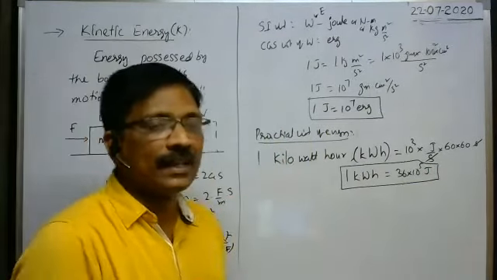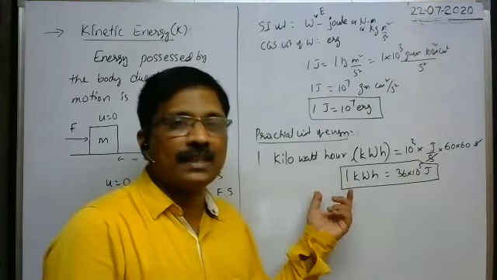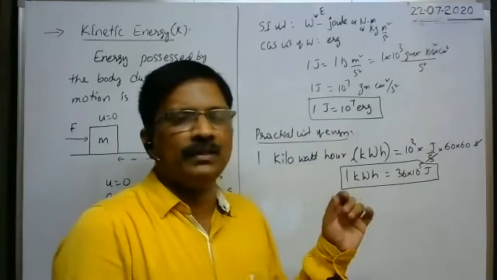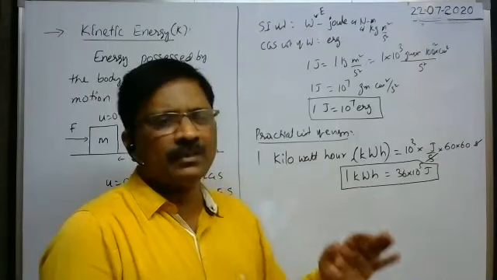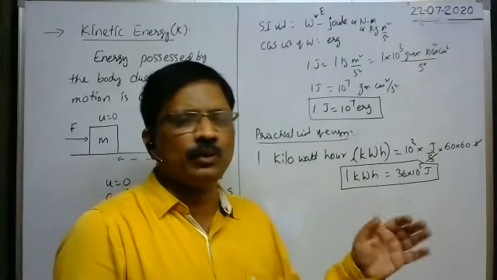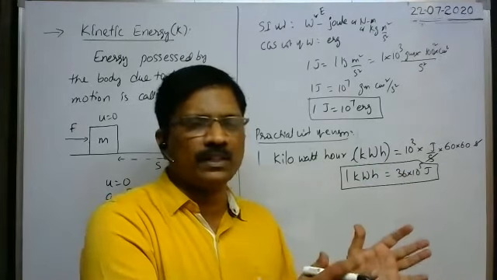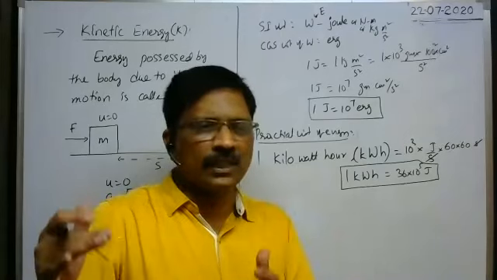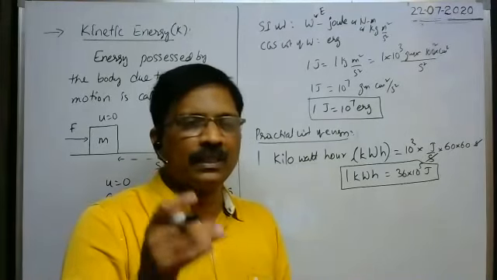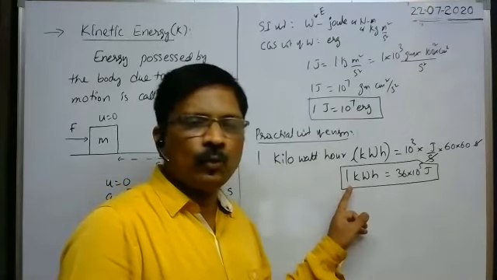The electrical energy consumption is measured in kilowatt hour. In our households, every month they give the bill to us. In that bill, what is the electrical energy consumed in that month? That is measured in units. So we consumed 400 units of power or some 1000 units, like that. They are measured in units. 1 unit is equal to 1 kilowatt hour.